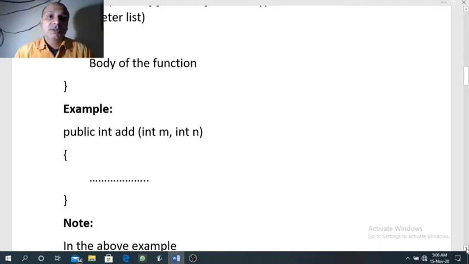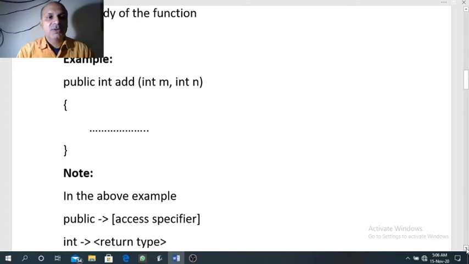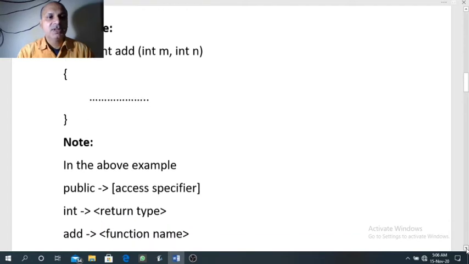So when to use a data type as a return type and when to use void, these things we will discuss. Then the parameter list int m, int n means this function add receives two arguments of integer type, then the body of the method. I hope function definition will be clear to you with this simple example.